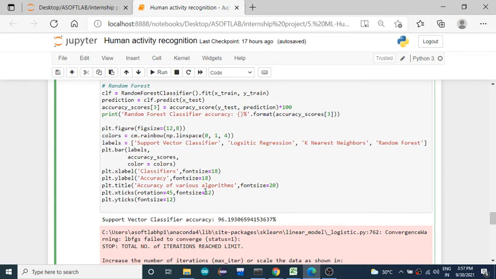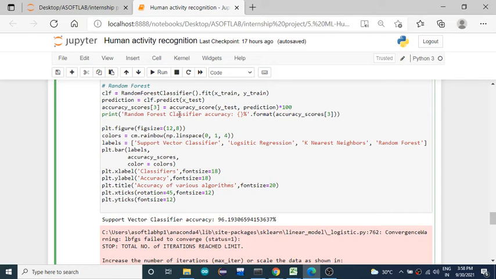Take new sample values and use the predict method, like prediction equals clf.predict, and within it give the sample values as a 2-dimensional array. For example, if I want to predict the activity of a person who is not in the data set, whose information is not already in the data set, I take his smartphone details, the sensor readings, store them and give them to the algorithm.